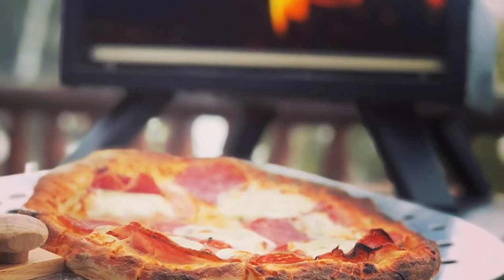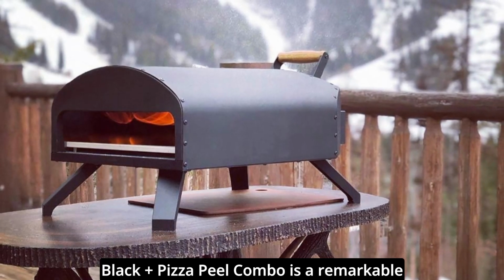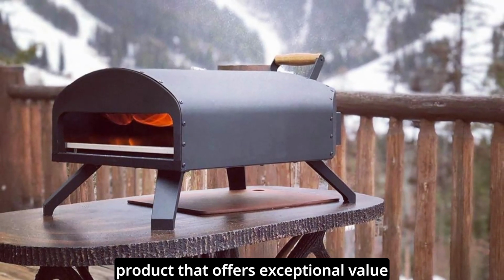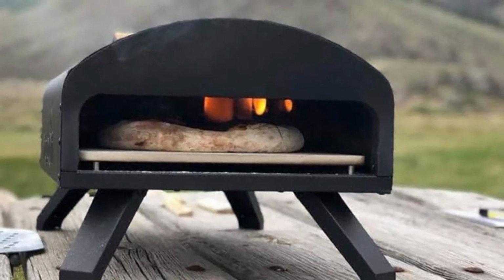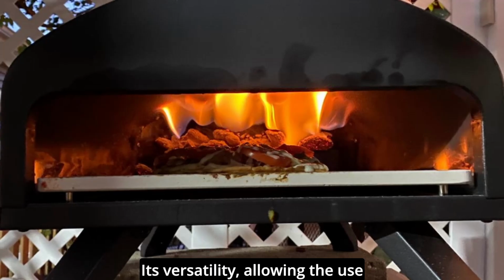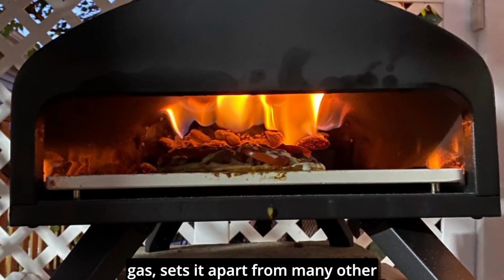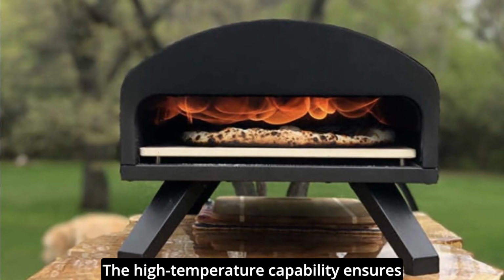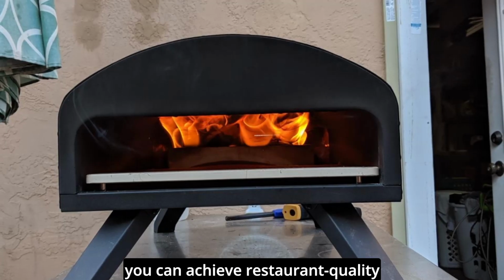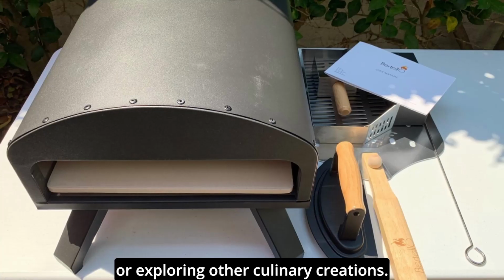Final thoughts. The Bertello Outdoor Pizza Oven Black Plus Pizza Peel Combo is a remarkable product that offers exceptional value for both novice and experienced cooks. Its versatility, allowing the use of wood, charcoal, pellets, or gas, sets it apart from many other outdoor pizza ovens on the market. The high-temperature capability ensures you can achieve restaurant-quality results, whether you're making pizzas or exploring other culinary